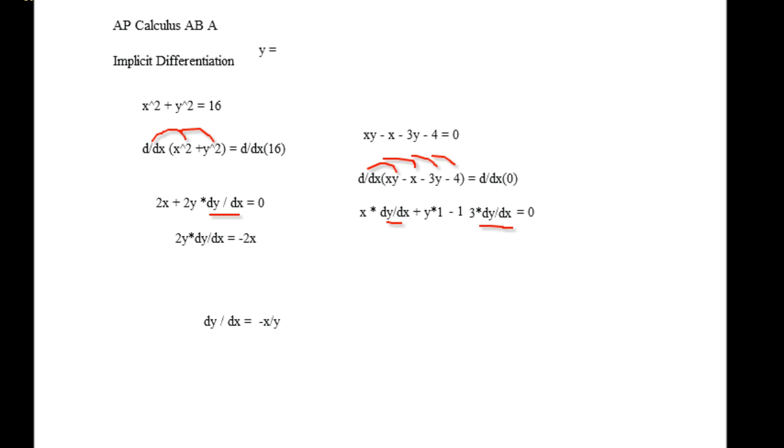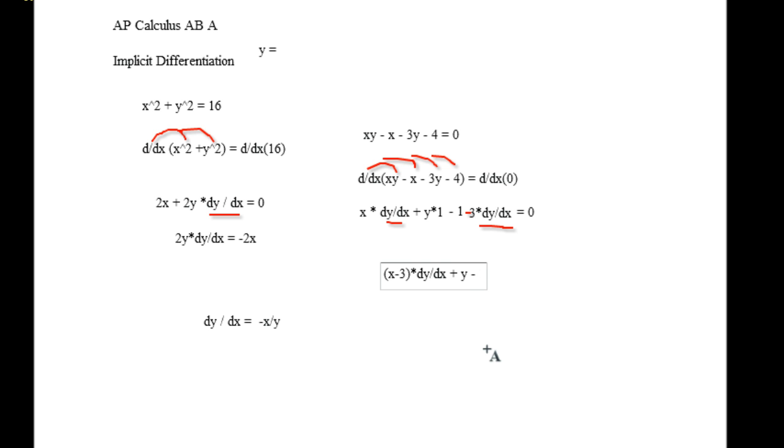Oh, and this should be a minus sign in between. Sorry, I forgot to write the minus sign. So that should be a minus 3 dy dx. And so what we're going to do is factor that out. We're going to put those two together and factor it. So x minus 3 times dy dx. And if we factor out this way, it makes our job a whole lot easier in understanding what we're doing. And then plus y